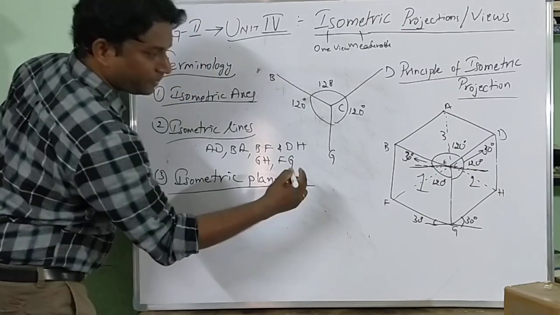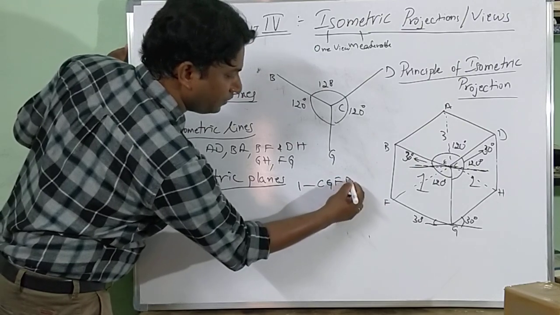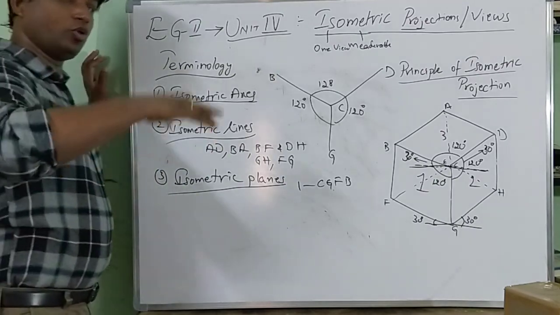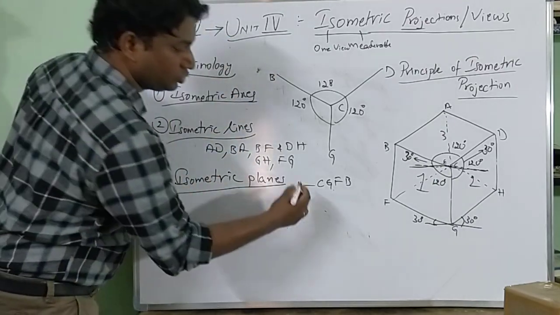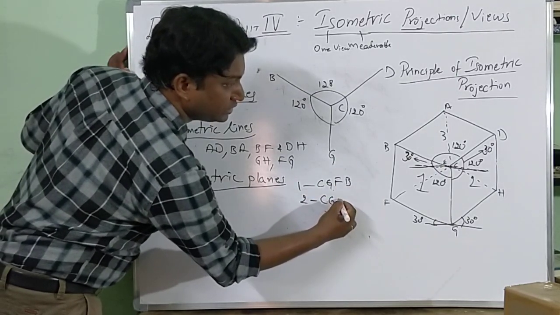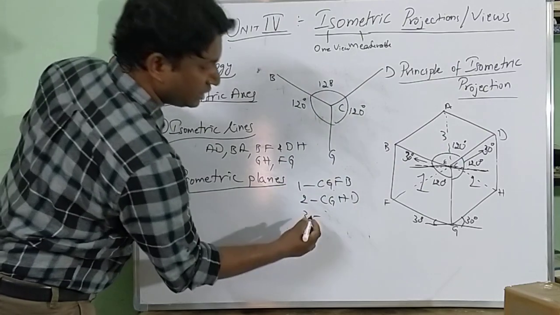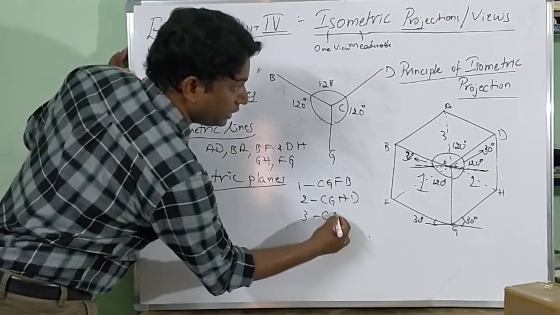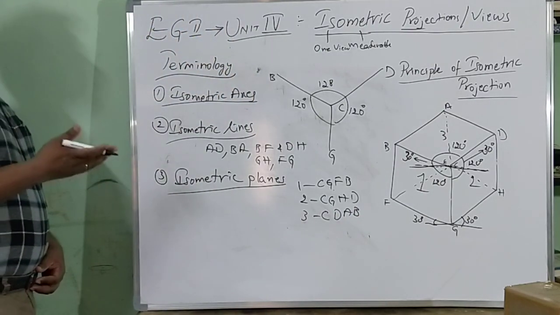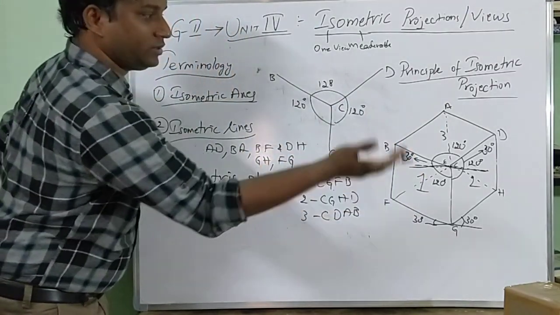The first plane is, let me draw this square where it is, CGFB. First square, nothing but the first plane. I cannot call it a square because as it is rotated to some position, it looks like a rhombus. The second face, with respect to C, I call CGHD. The third one with respect to C, you can see the top one, CDAB. These are the three planes of isometric, where number one square is rotated to a rhombus, number two square rotated to a rhombus, and number three too.